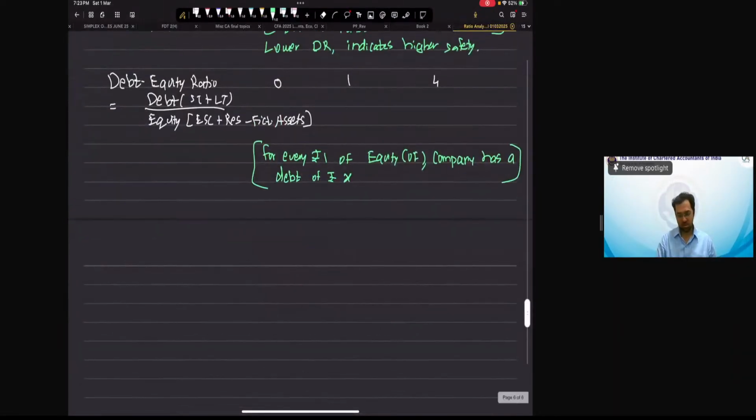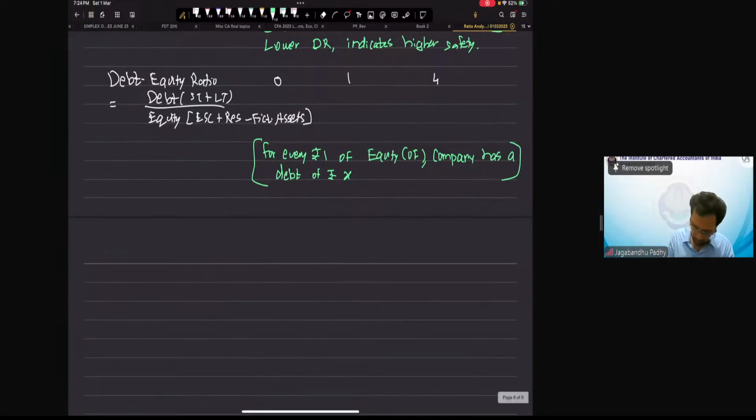Is it high? Right? So in this case, it is going to be lower than the sector. Right? So if you just put it the other way around,